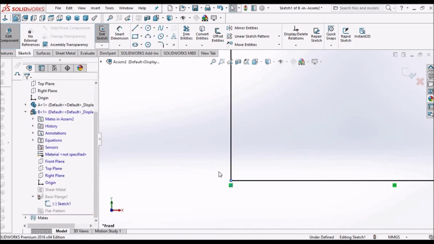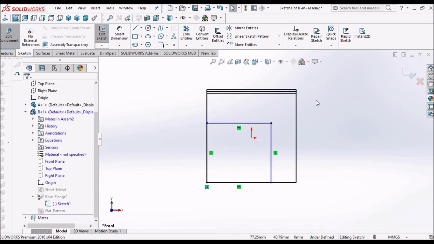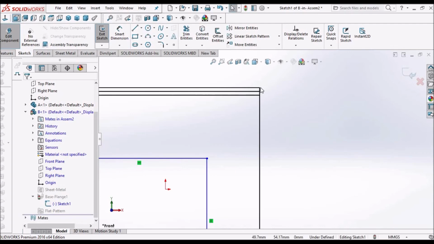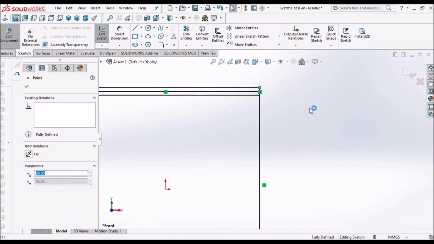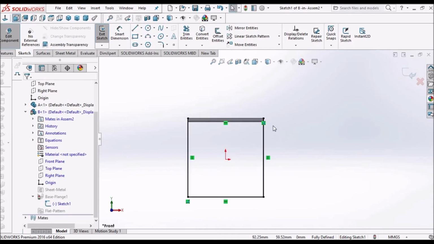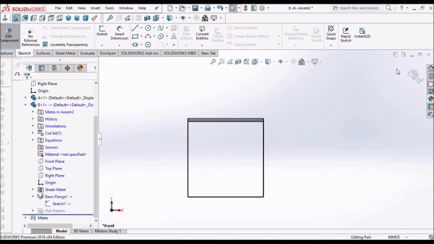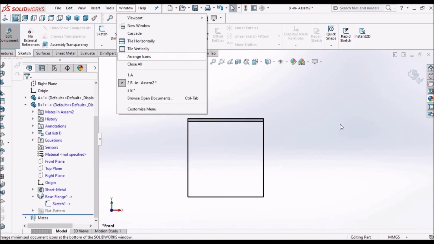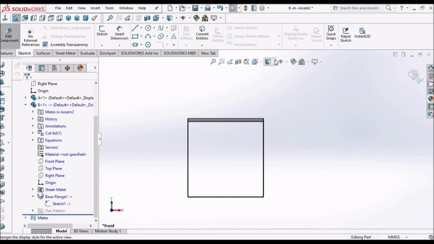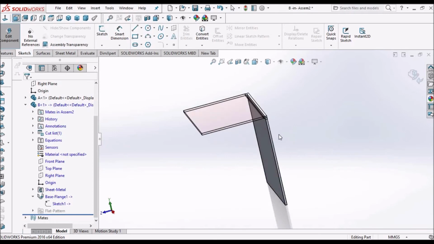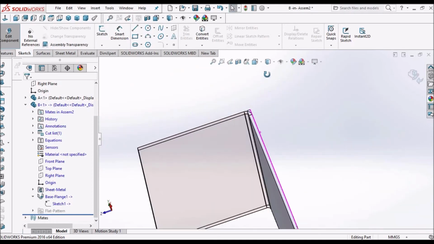So join this. Here also we have to select this point. See here, the component has been created now. See here it is overlapping now.